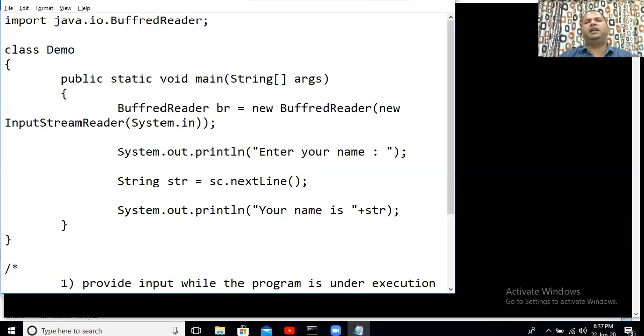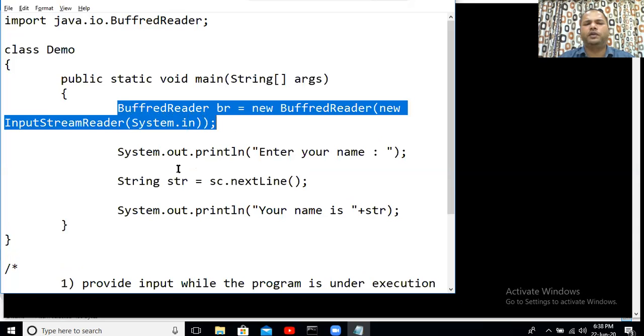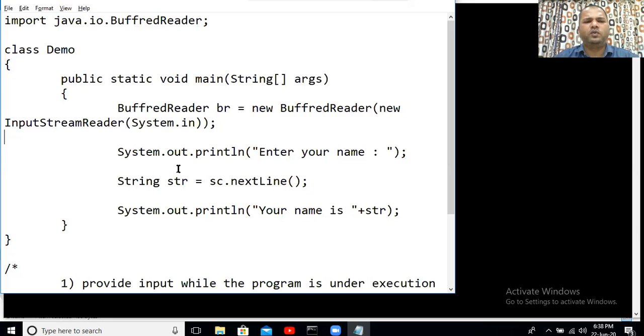So it might seem to you that this code is a little bit difficult, but it's not that difficult. I'm going to explain the code to you. As you can see, I have created the BufferedReader class object in this way. We just have to apply a typical mathematical rule here. We all know that whenever we encounter brackets, the innermost bracket is going to get solved first. So we are talking about this innermost bracket here. As we all know, System.in represents the keyboard. So we are providing the keyboard to the object of the InputStreamReader class.